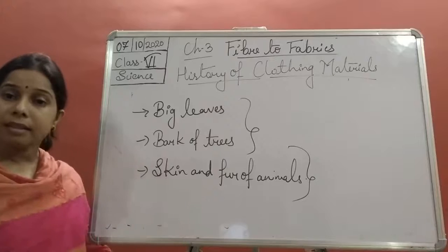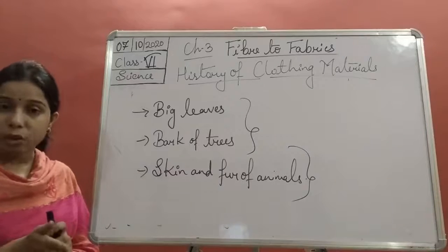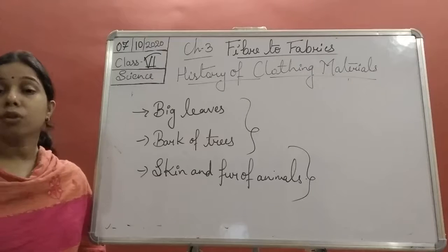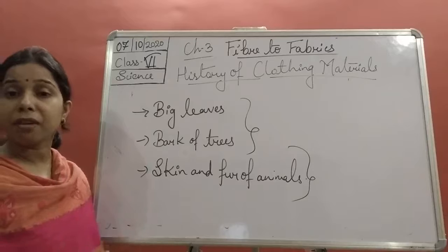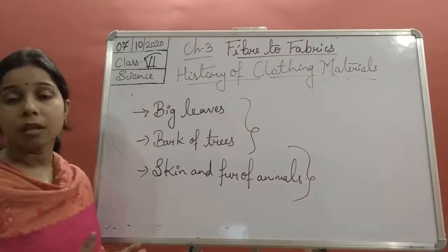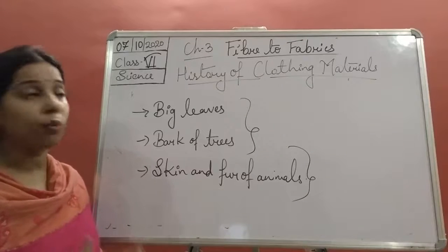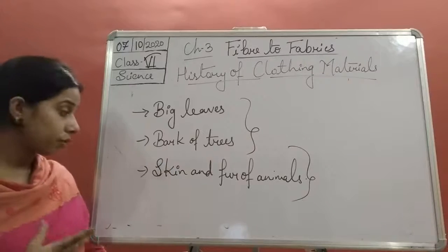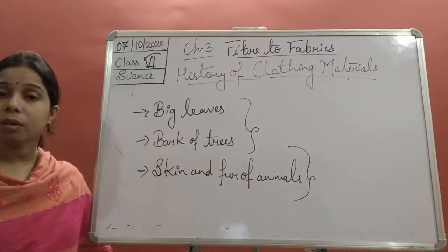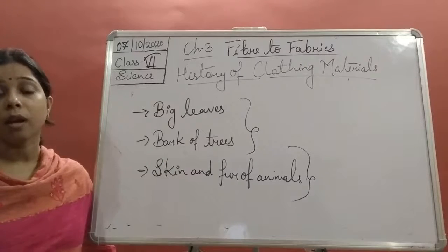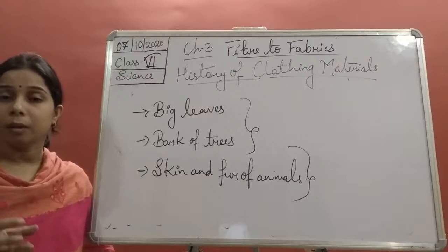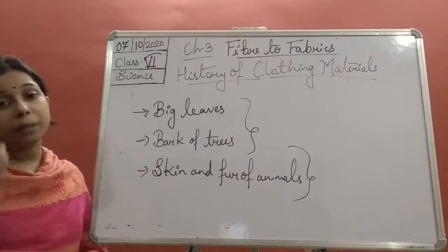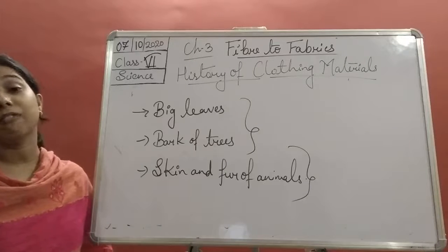Okay, and this yarn, they used to combine together to make a kind of fabric. So you can understand, students, that at first they did not know about it, about anything. They used to wear leaves, trees, the fur of animals, or the skin of animals. But later on, they understood how to twig it, how to join two things together, how they can obtain the fibers.